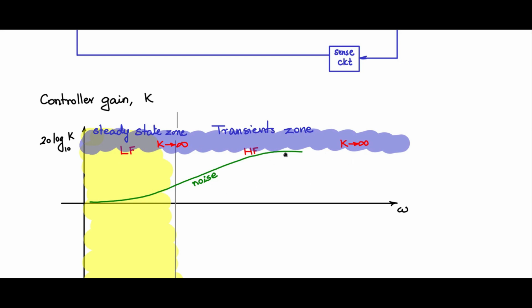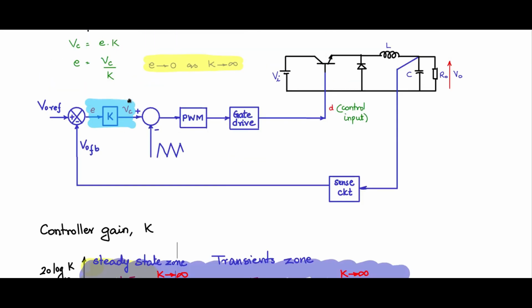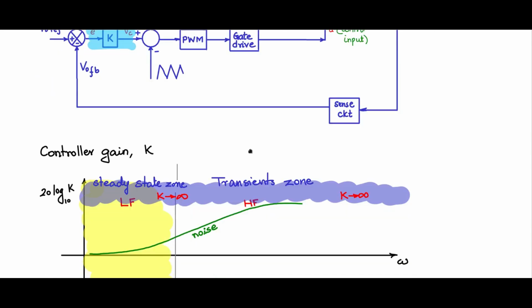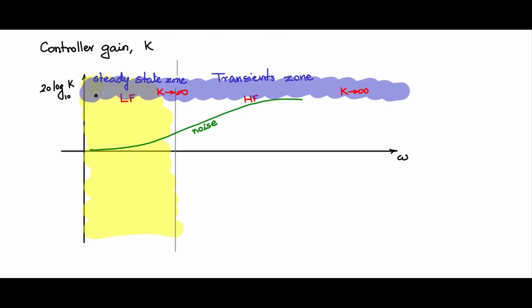And the noise which is pretty significant in the high frequency region, especially the measurement noise, sensor noise, you will see that they will also get amplified to a very large value, and VC will be mostly noise, it will be swamped by noise, and then you will not get any meaningful control. So therefore, we cannot just put K equal to infinite throughout, spanning all the frequency regions.